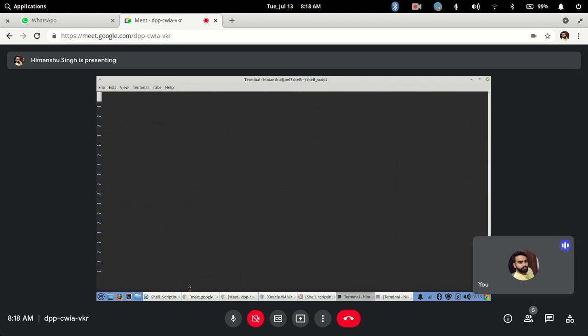So I have pressed escape for command mode, then colon Q. That is for quit. So it will close this file as soon as I press colon Q and hit the enter key. It will exit and come out of the VI editor.